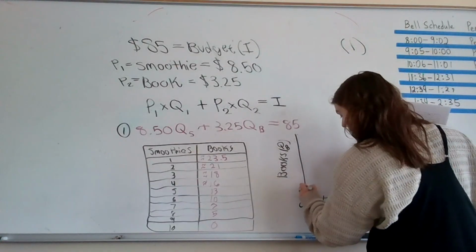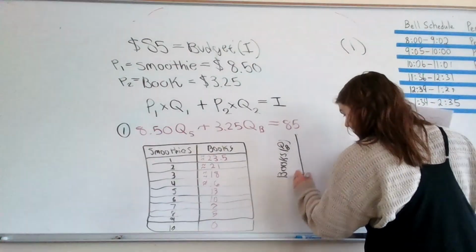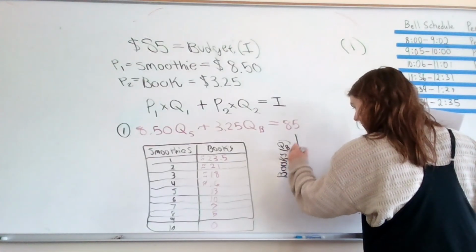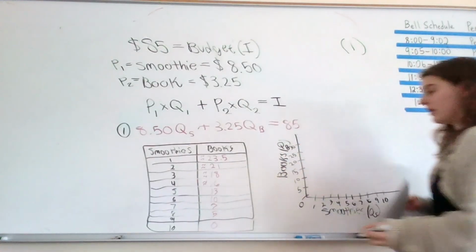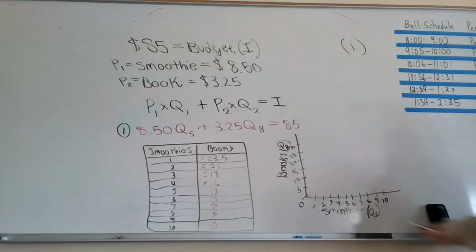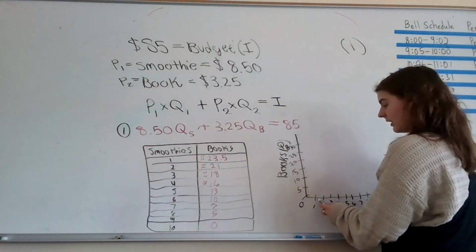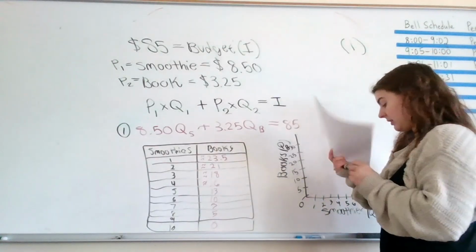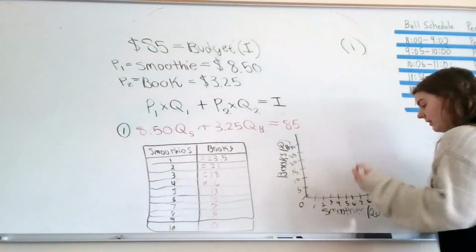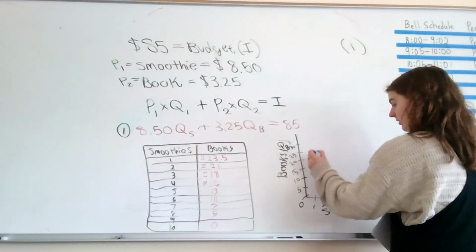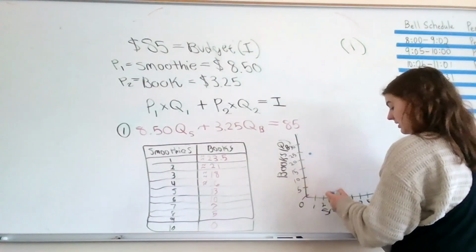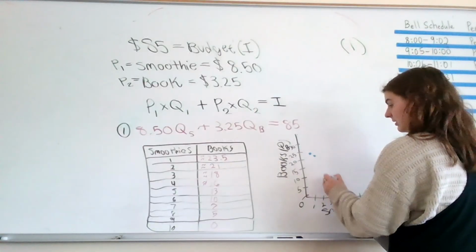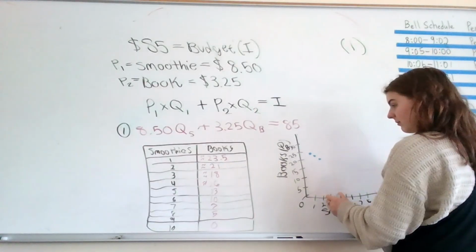Books, I'm going to go by 5s. 5, 10, 15, 20, 25, 30. So 1 smoothie is going to be like 23 books. 1 smoothie, 23 books. 2 smoothies, 21 books. 3 smoothies, 18,